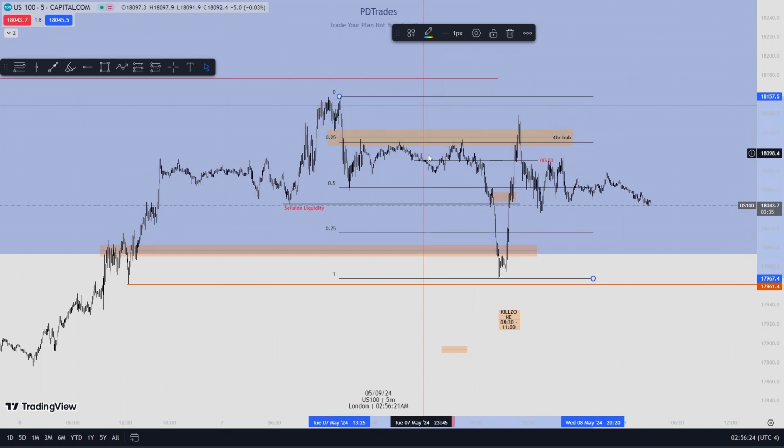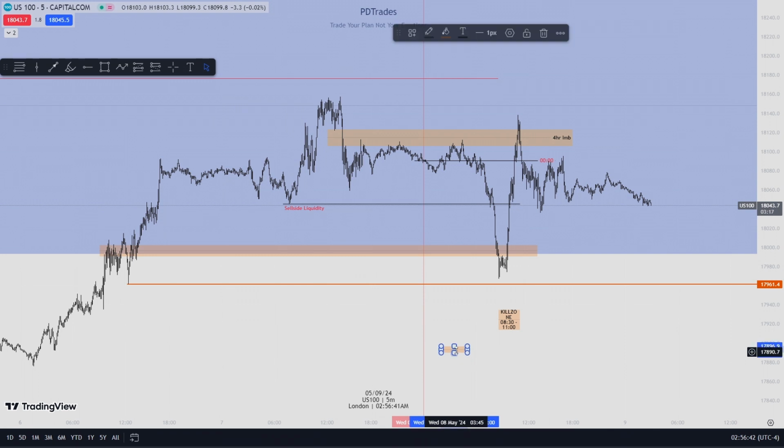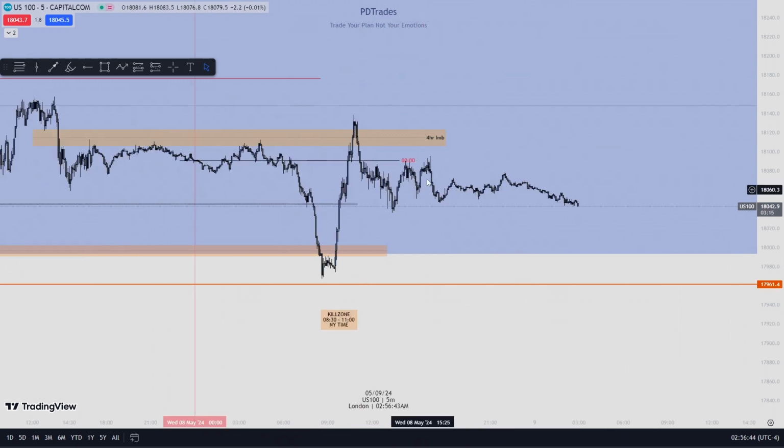I gave the market time to do its thing. Then from the information that I got, I'm able to predict what the market would want to do. You understand? So sometimes you have to be patient. Don't be in a hurry to put on a trade. Let the market play out. Then from there, do your thing.